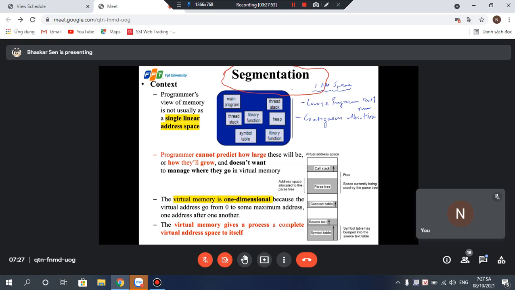Again, this contiguous memory allocation was a kind of a headache because we had to put everything next to each other. We had to put everything next to each other because there's a single address space. Since there's a single address space, you can't suddenly split it up and put half of it right here and half of it right there. That way it doesn't work. And then on top of that, we had the third problem, which is another major problem,